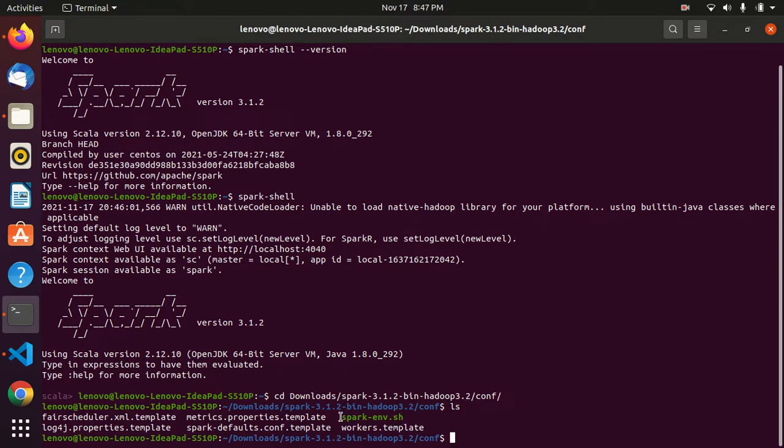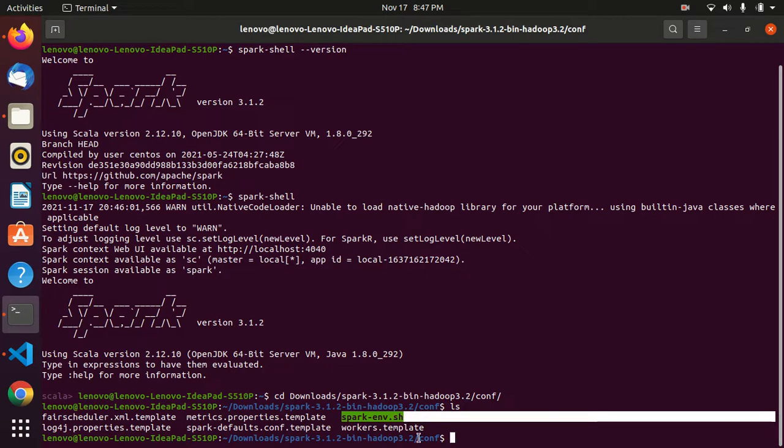First we need to rename this template to env. Also, for the installation of Spark, in the source bashrc file we have to give the Java path as well. We should install Java, but Java is already installed and the path given in other videos, like we used Flume and all. There we already did it, that's why I did not explain about that.